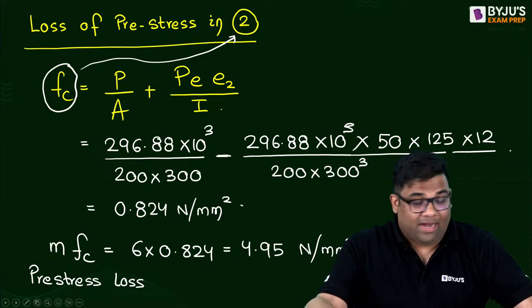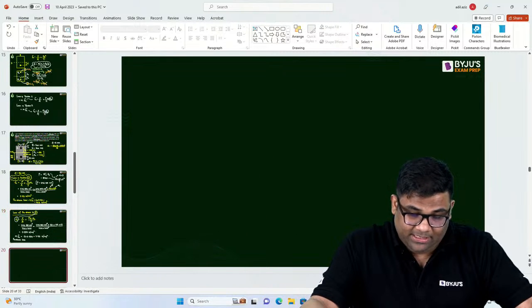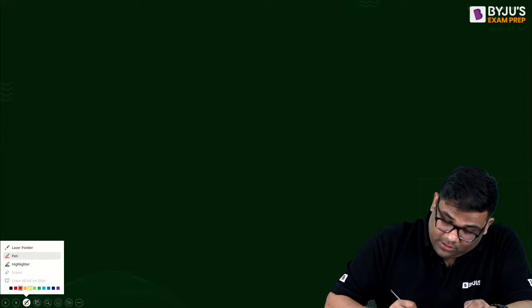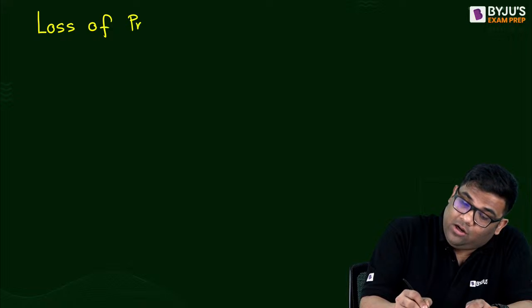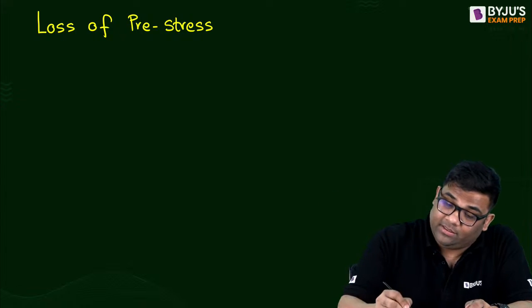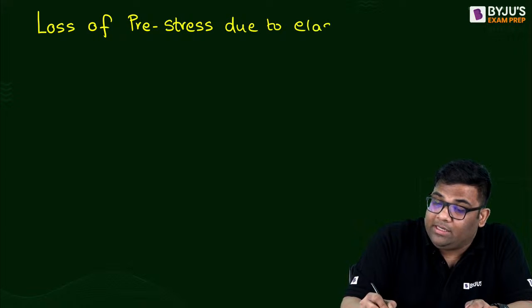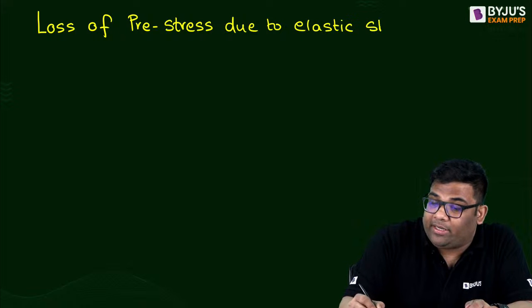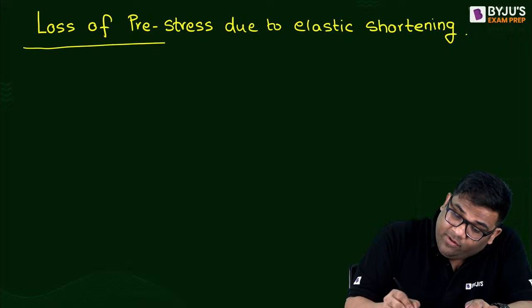So let us revise what we have studied today. Today we saw the loss of prestress due to elastic shortening. Due to elastic shortening. Now, whatever formula you saw,